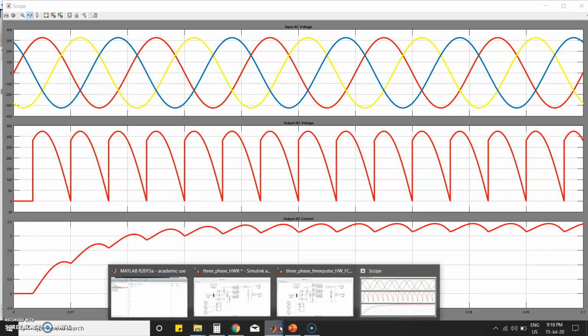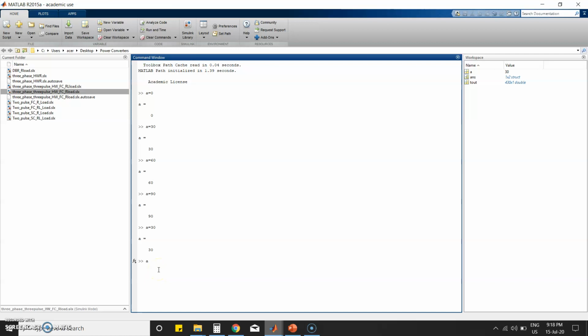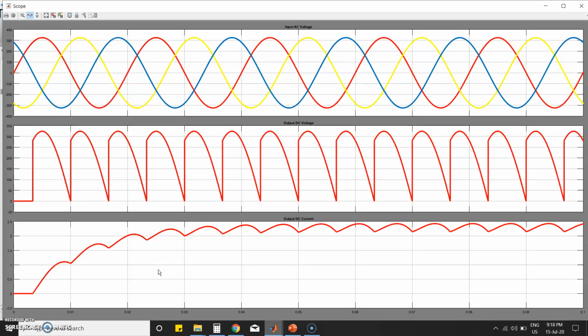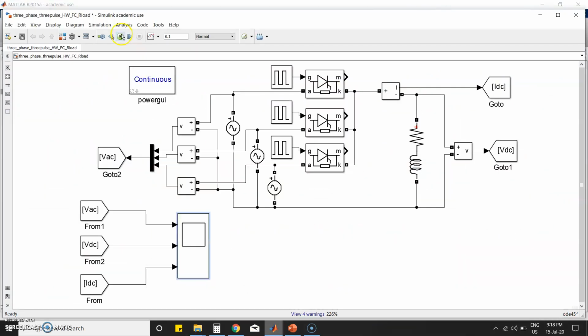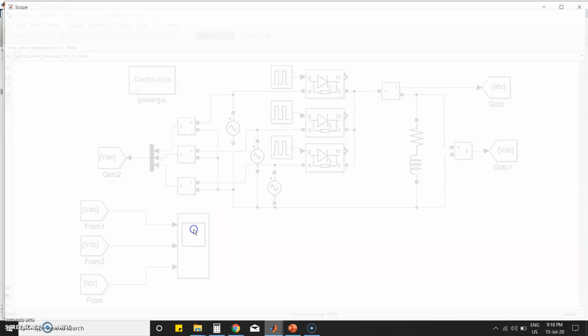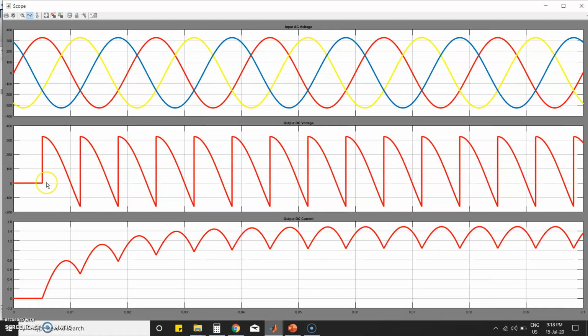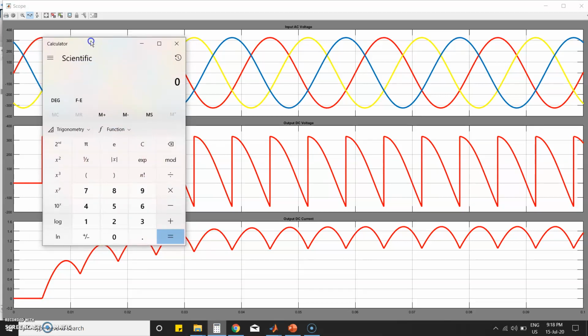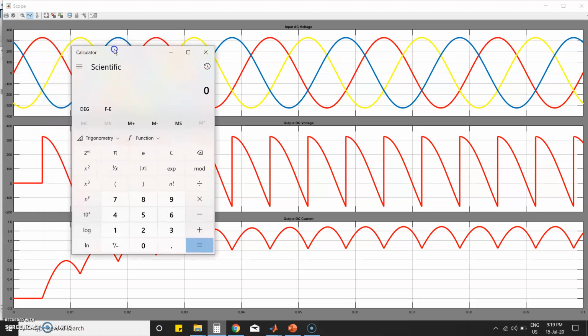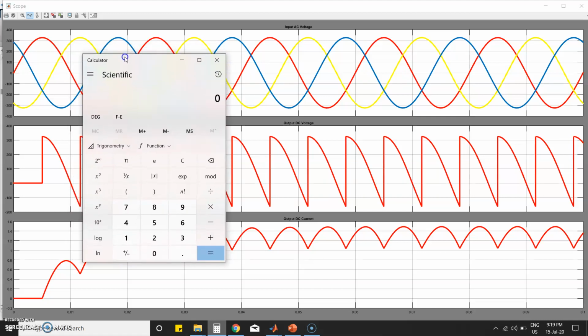Now we can change the value of alpha to 60. Now the output will be continuous, but it moved to negative. The same thing: it is continuous, but having some output voltage in the negative area. See the firing pulse here. The firing pulse is 60, so 30 plus 60 is equal to 90. It is triggered at 90. You can see till this point it is conducting. After that it again moved to negative till this point.